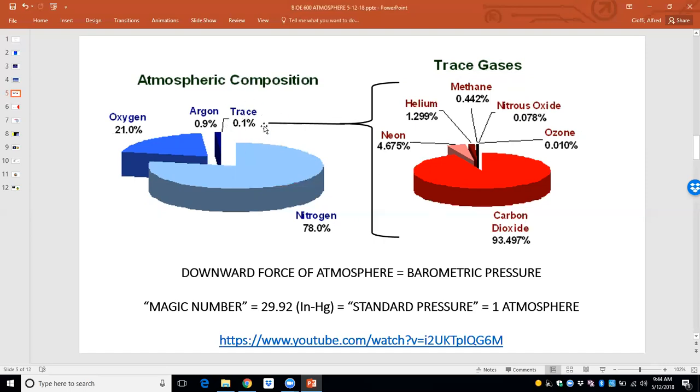Most of these trace elements is mostly carbon dioxide, but that's only 1/100th of the volume of the air in front of us. And that's a good thing, because if there was more CO2, we would basically pass out. We couldn't maintain life, all right? However, there are other creatures on Earth that need this desperately to live, which is plants for photosynthesis, right?